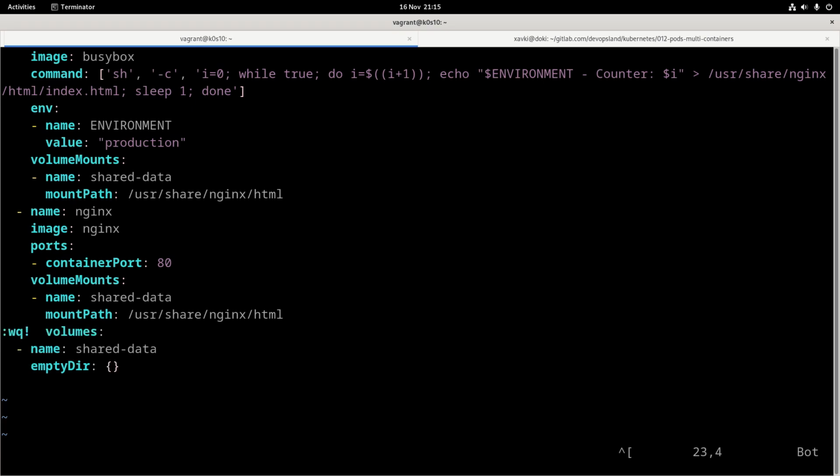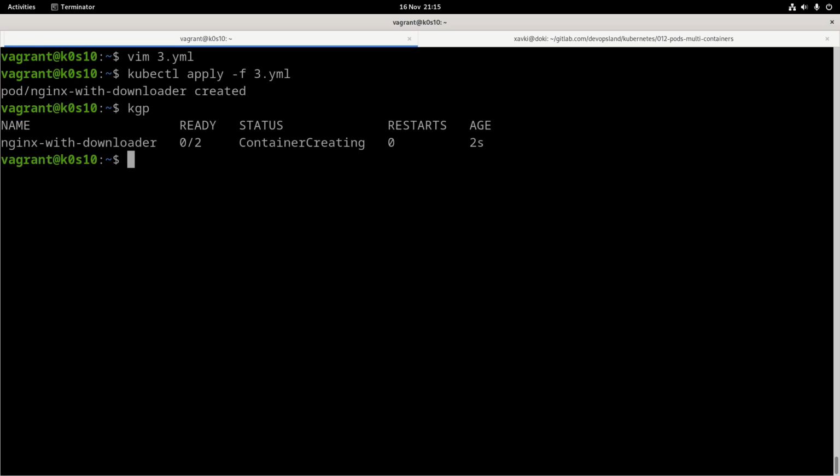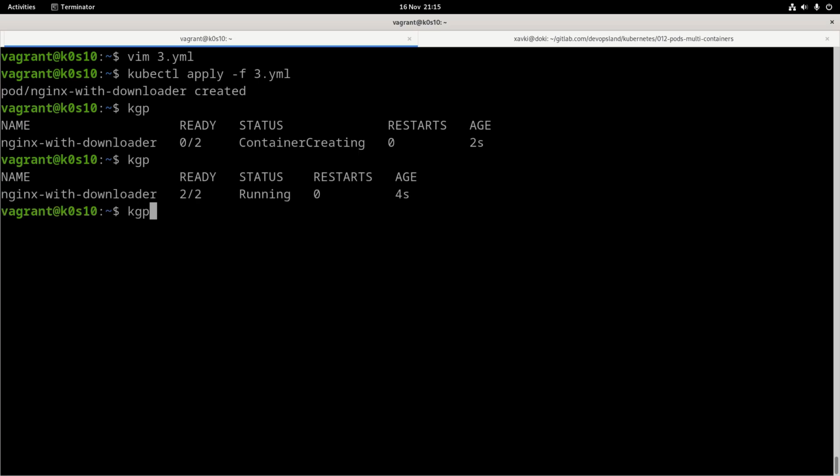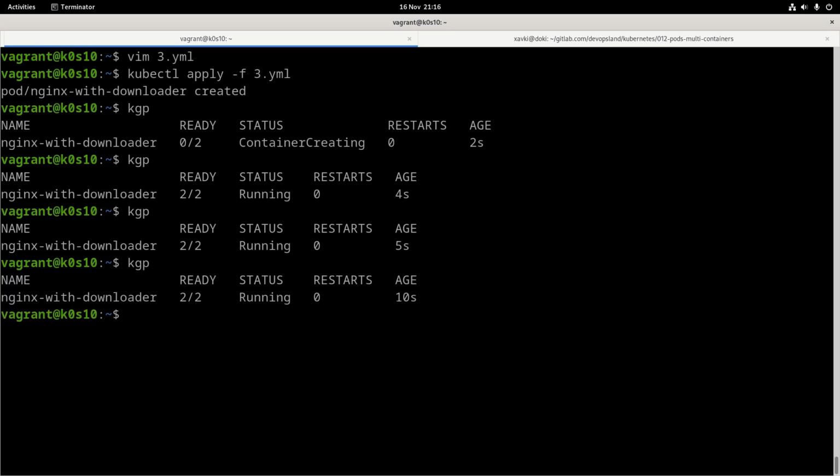So I can just register that, and after saving my file, I just want to run kubectl apply -f and my new file. And if I kubectl get pod again here, we have a status running and no error, because the first container runs again and again and again, because we use a while true loop, and of course this is never completed.